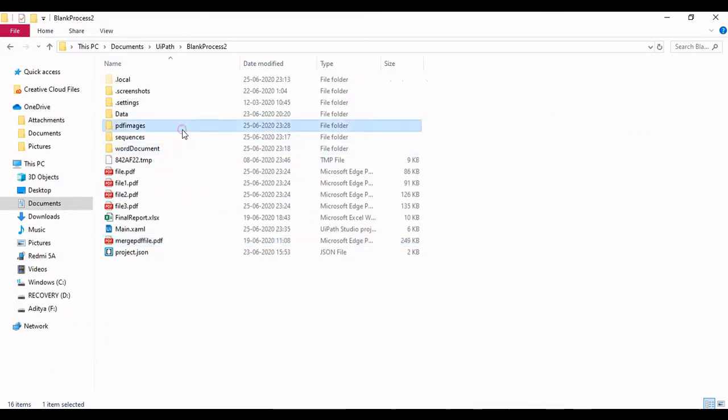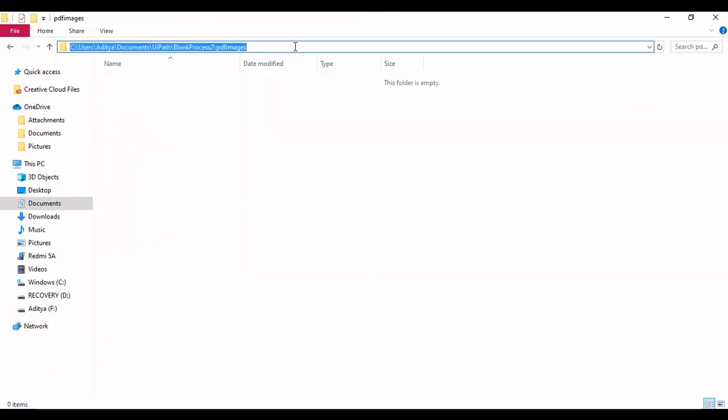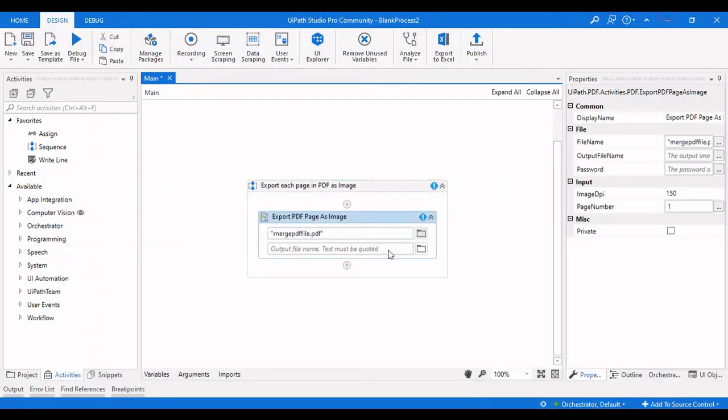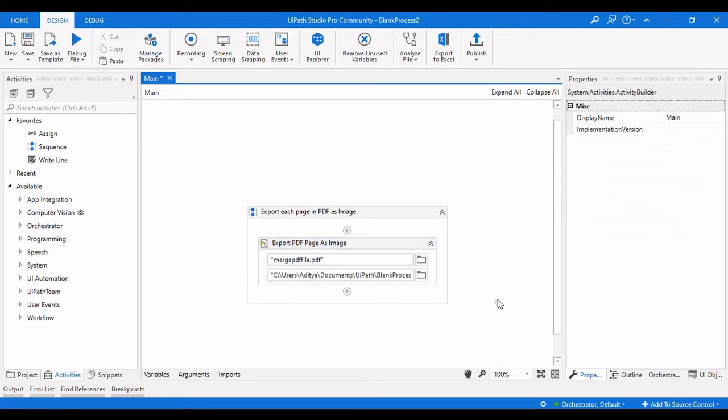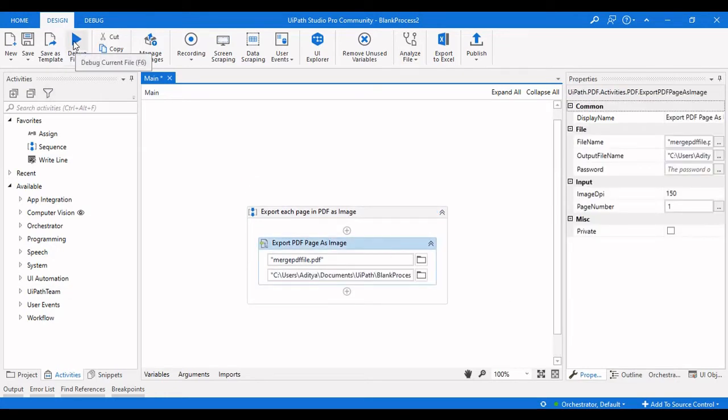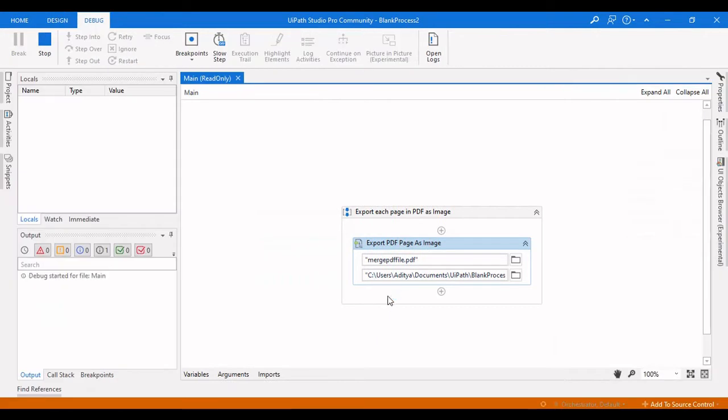I had a PDF images folder, so let me copy this path and paste it over here, and here I need to concat, let me save this as one.jpg as we are doing it for the first page. Let me quickly run this and see whether it is giving me an image output or not. Later on we will see how we can extract all the images from that particular PDF.